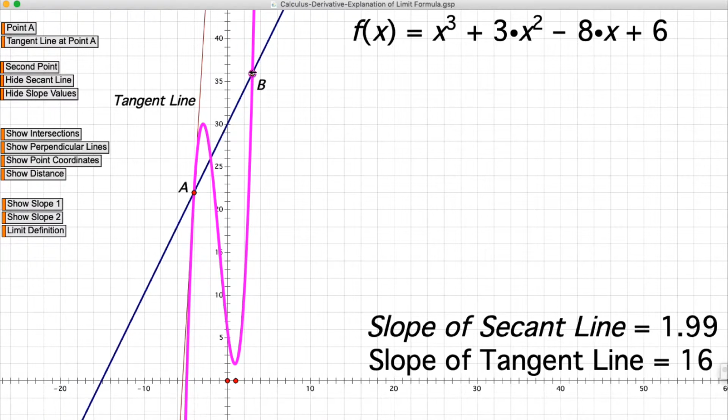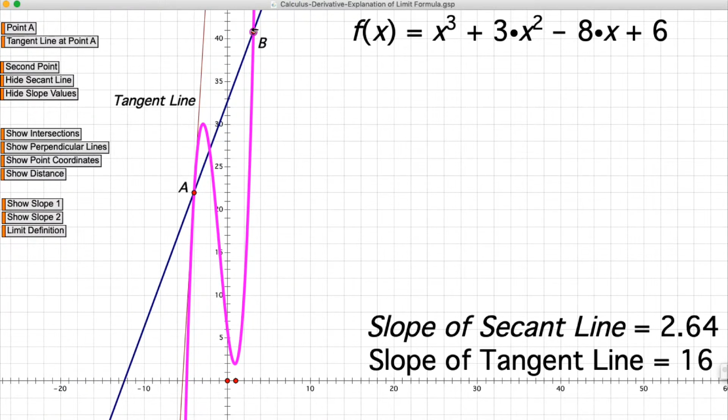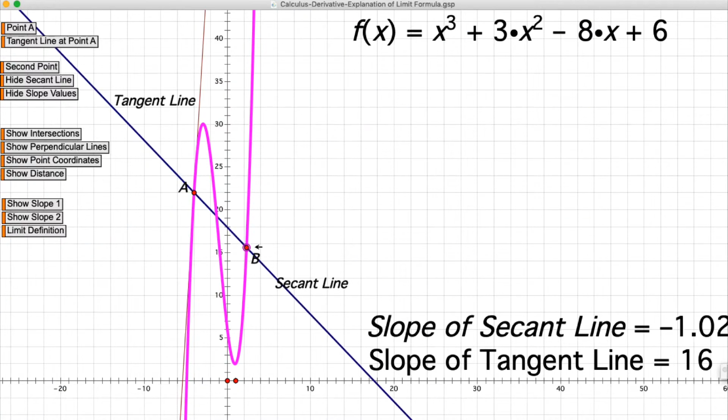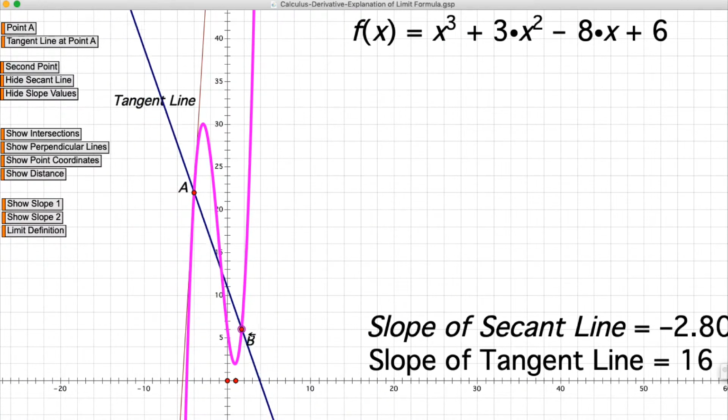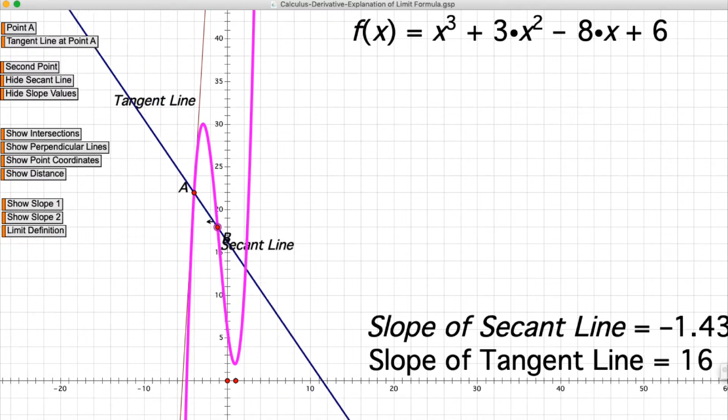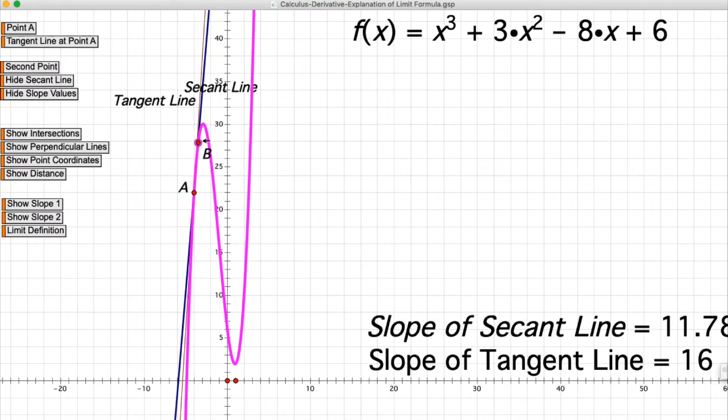If I move B around, I see that my slope changes. As I move it further along the x-axis, I see that the slope does increase, but it's not getting anywhere close to the 16 of the tangent line. And if I move it back, well, it's changing drastically. It becomes negative, and then over here, it's now going to move towards a positive value again before we pass over this last